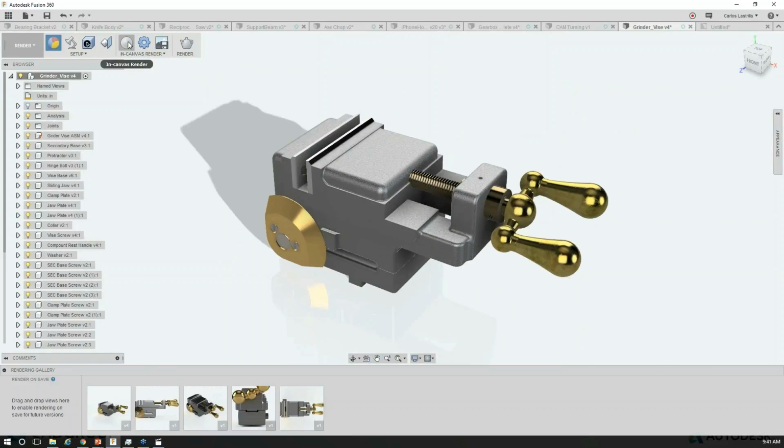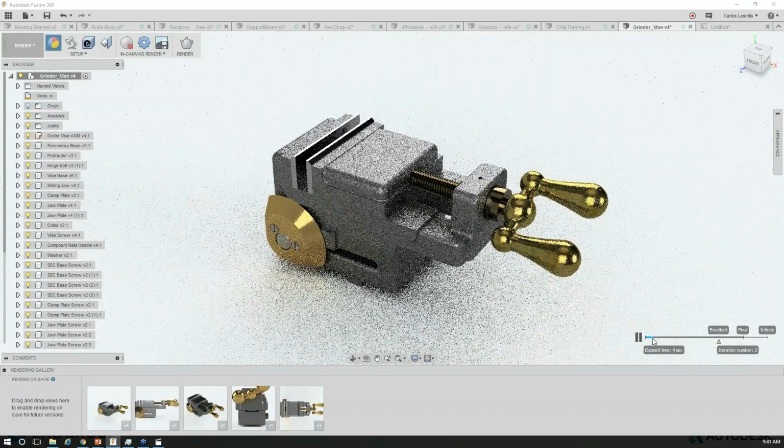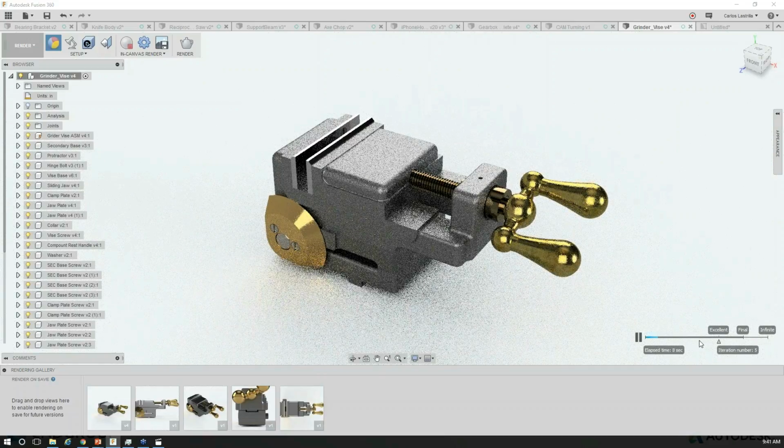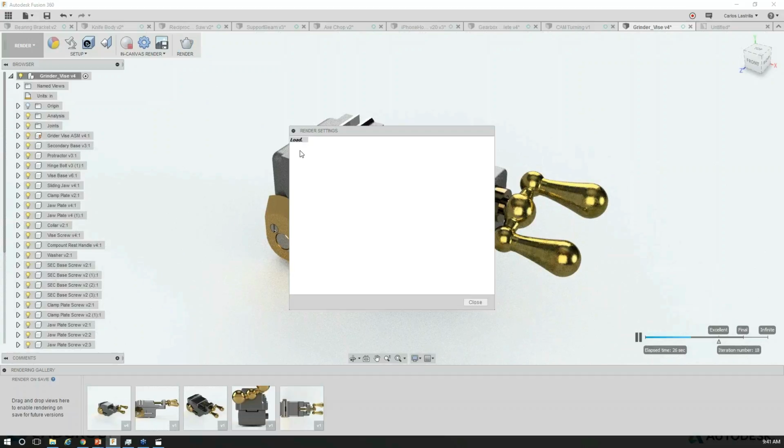But once you've done that, then you can do an in-canvas render, which actually takes the scene and the appearance properties, and renders it in several iterations, and that's basically how ray tracing is done. So you can go up to, say, what's called an excellent iteration, or you can go all the way to final. Now, as you can see, it should take about 60 seconds if I remember correctly when I did this the other night. You can do that, or while it's doing that, you can say, I want to render this